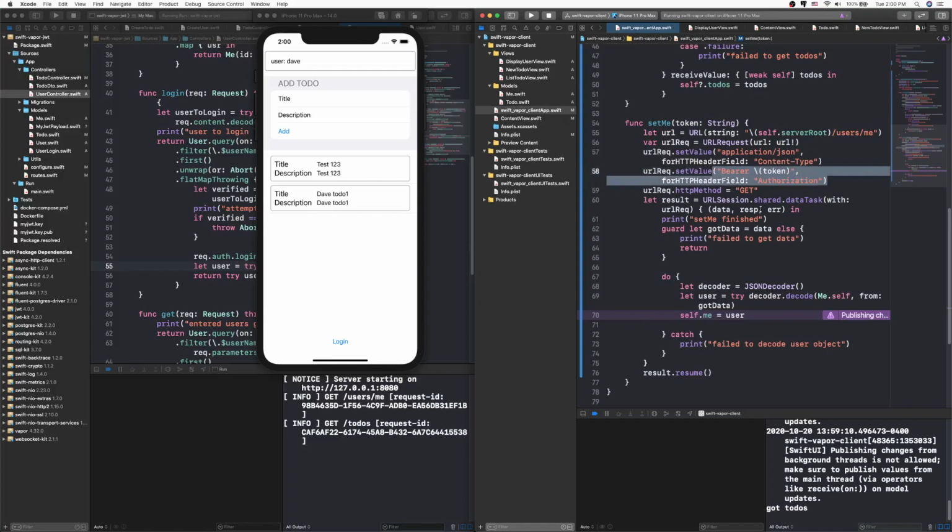And most importantly, it has the token in the header. For those of you who are not familiar with HTTP, because you might not be if you're a Swift developer, basically every single request that is sent from a client to a web server, and every single request that comes back from a web server, will always have some metadata, meaning data about the call itself, that describes the call. That metadata is put into what's called headers